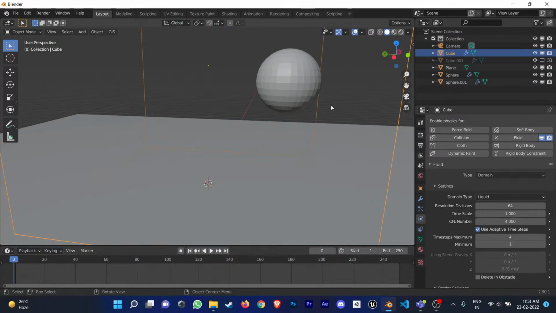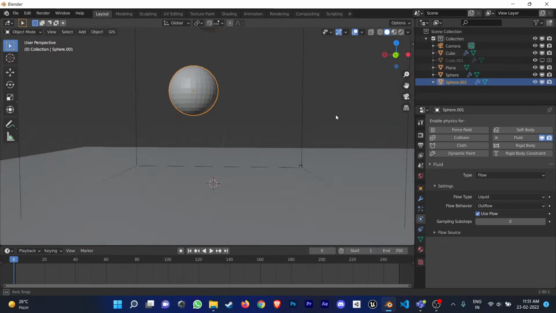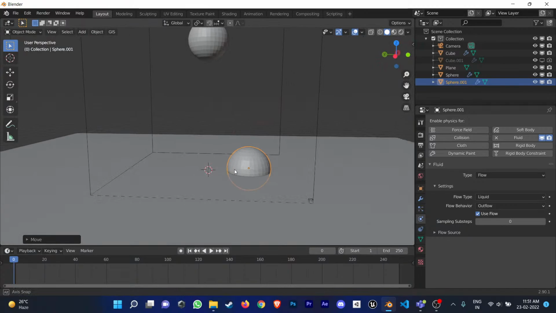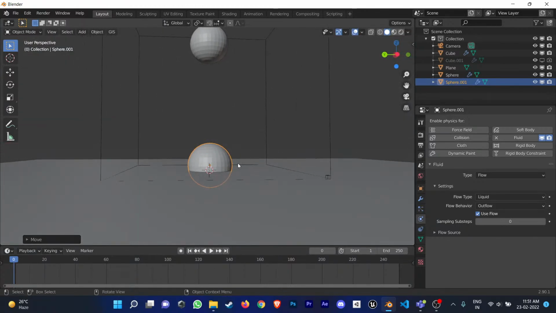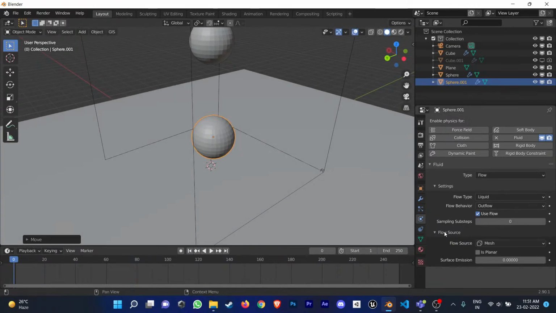Go to 0 and take this sphere, right, just be this, I think, yeah. And what we can do is, in outflow,